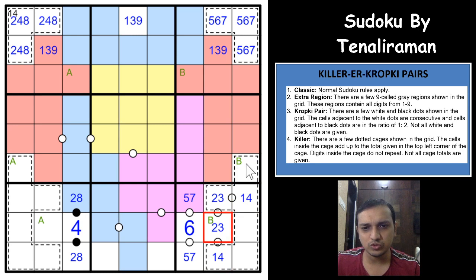So which means that this 2, 3 would have to be this, and this 2, 3 would have to be this. Okay, that is fine. So these two digits would have to be 8 and 9 in any order again. The remaining two digits in this box, right? Okay. Anything else? Let's use the extra region constraint, guys. Something should be there with the extra region constraint, but I'm not sure how we'd be able to use that.